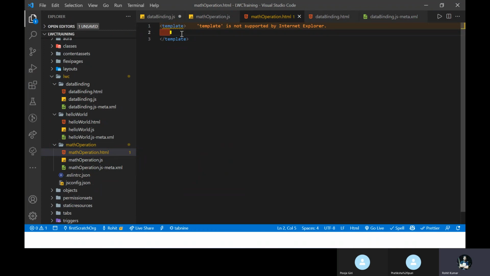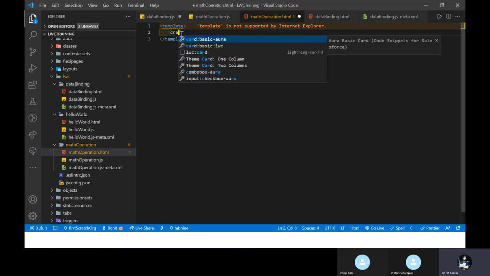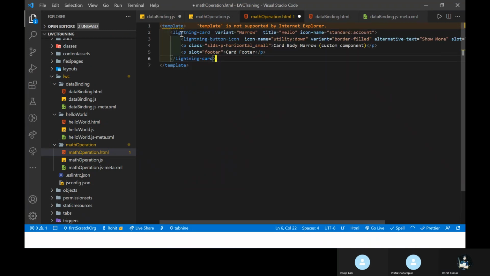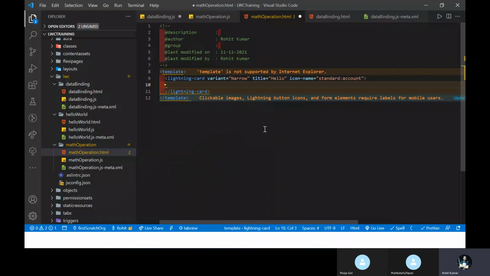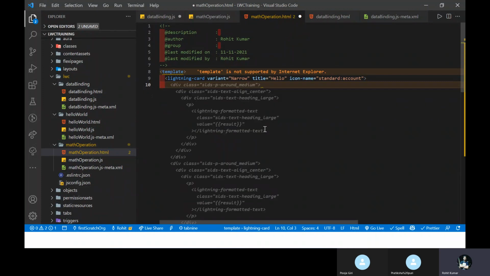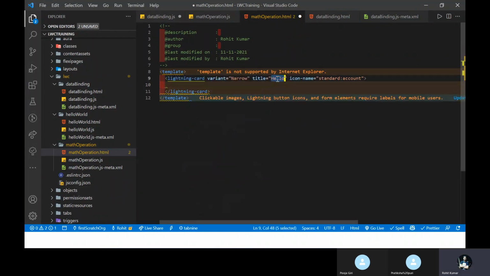How to design this? First of all you can design a card. Change the title because I don't need anything here. Change this title to math operation, right?